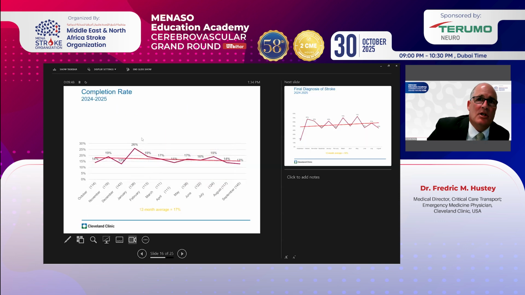So one of the big challenges is getting that population that you really are targeting. As you can see, our completion rate, and this is our most recent data for the rolling 12-month period between 2024 and 2025, is roughly 17% averaged over those months. By completion rate, I mean that for every call we're dispatched on, how many calls do we actually go and take that patient and transport that patient, where we're the ones who own that patient. And this is where it becomes very challenging, because when somebody calls 911 in our health system,